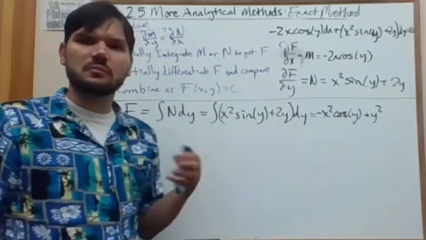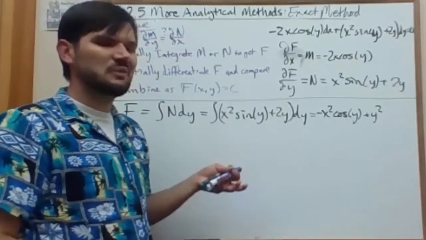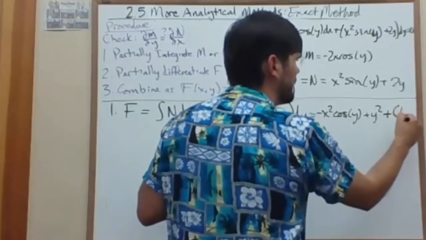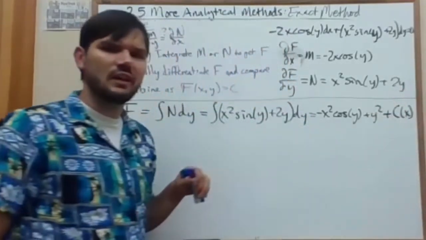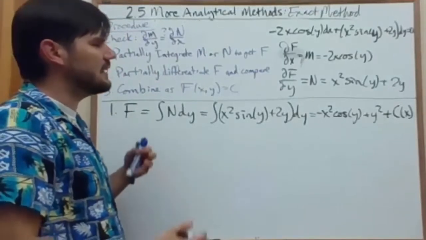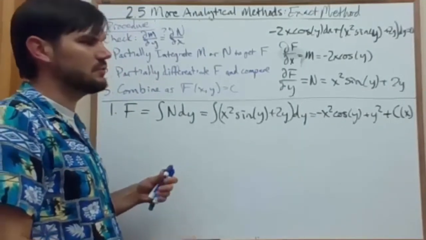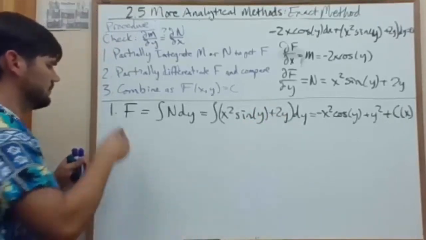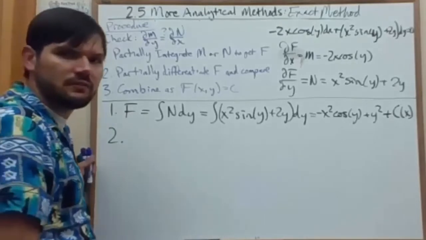Now, every integral has a plus c, but this particular one treated x as a constant, so that plus c is actually a function of x. So that's why I say you get the form of the solution. You don't know if there's any other x functions left over. So now we differentiate